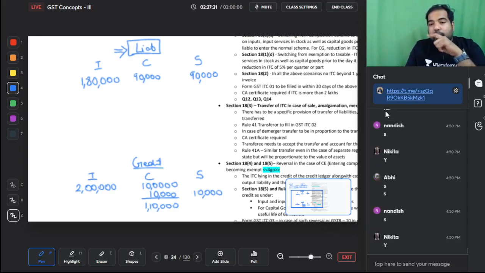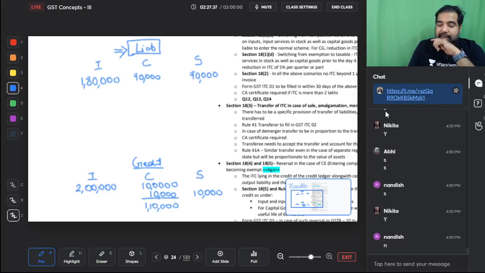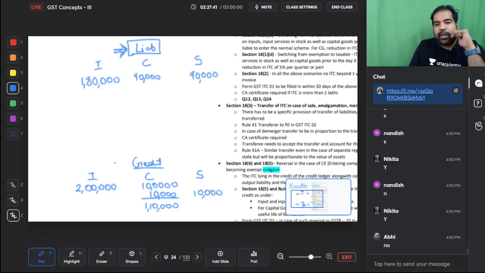Yes. But what if you don't have enough money? Can you pay some through Paytm, some through cash? Yes. Same way guys, this liability also can be paid through credit. But what if you don't have enough credit? Then you can also pay cash, but first use credit. So this is what we are going to learn now, how to pay.